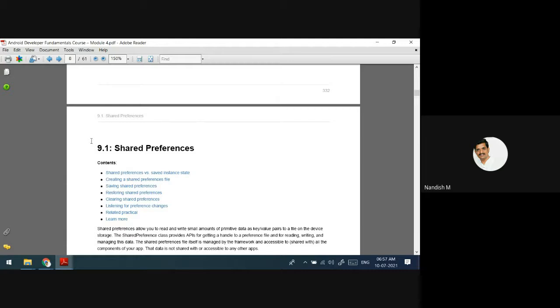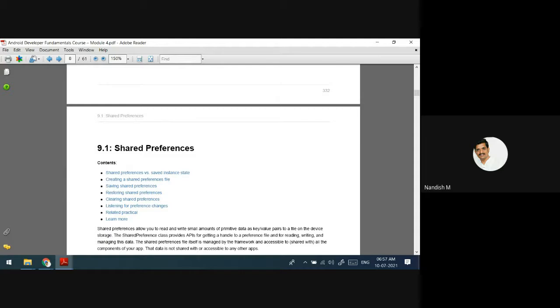In shared preferences, there is a class called SharedPreferences, where you can store a very small amount of data. Small amount of data is nothing but a name with an age, a name with a USN. Your entire profile you cannot store.